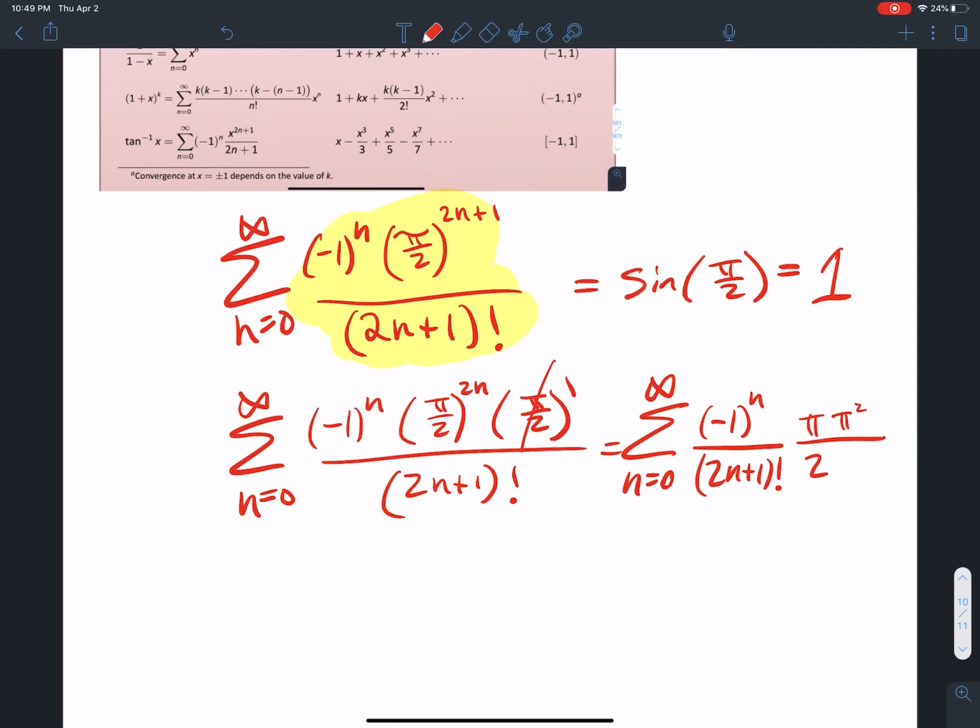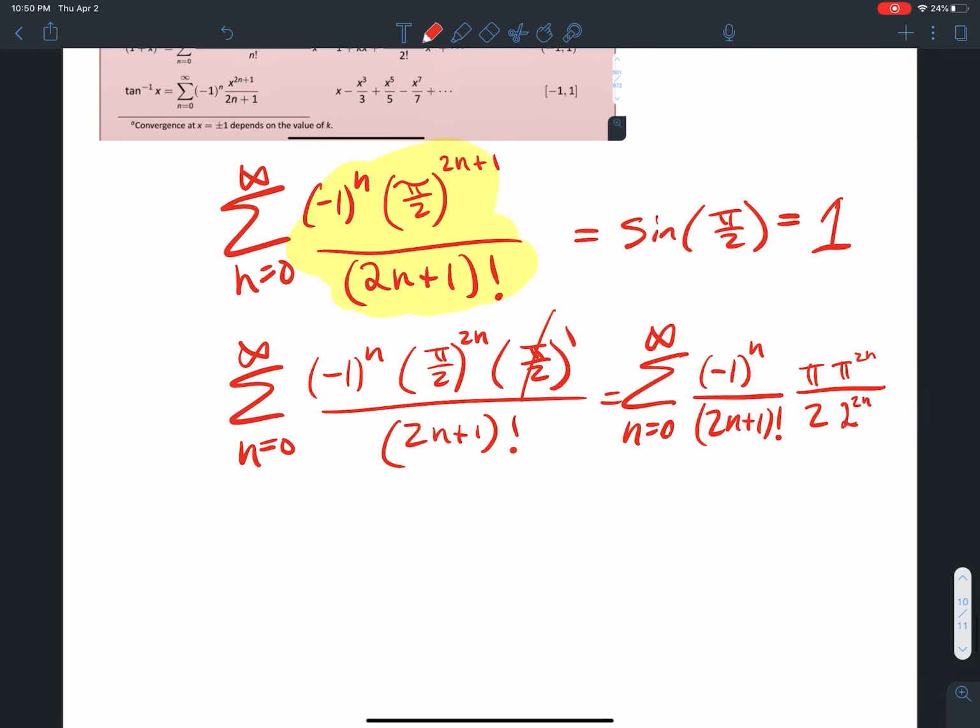Okay, let's see. Can I do this? So pi squared n over what? 2 squared n? Okay, let's see what we got going on here. Can I write this out? And that's going to be, so what if I